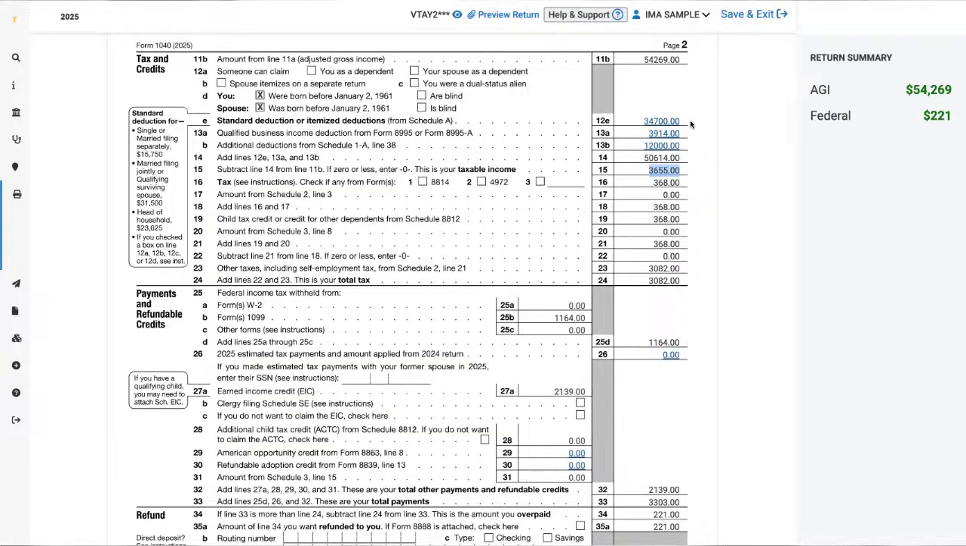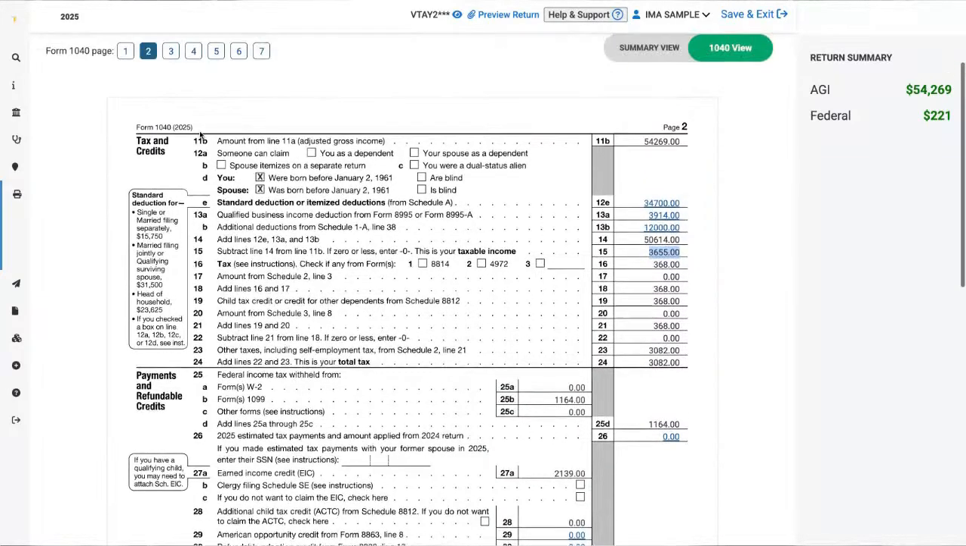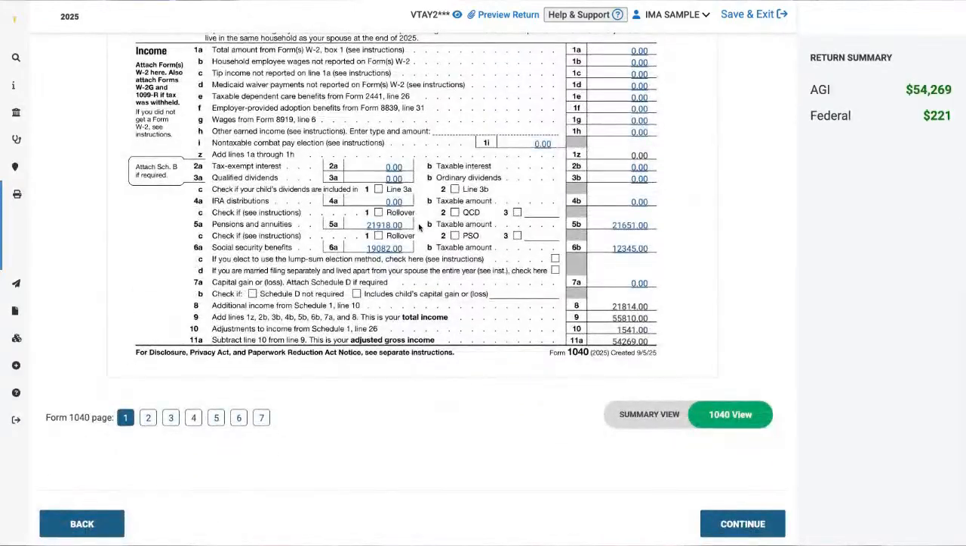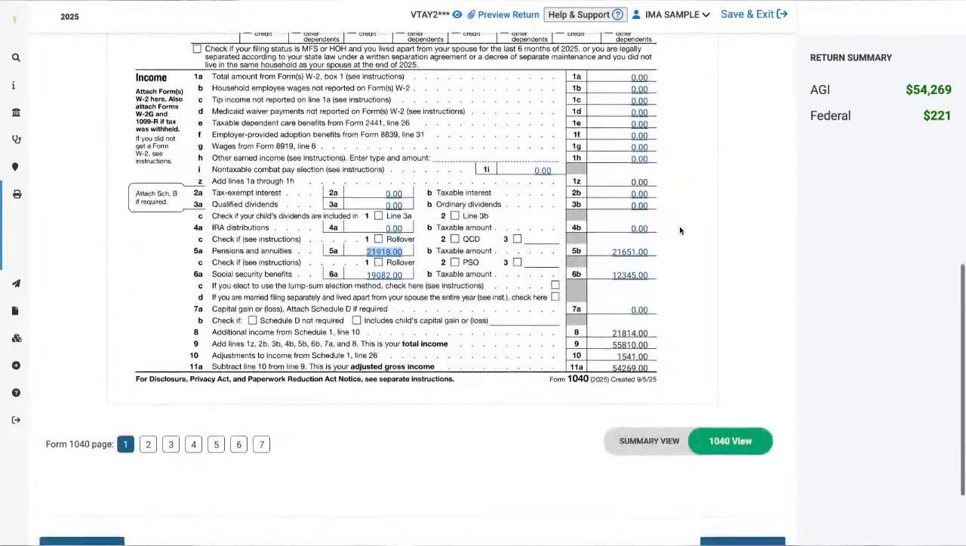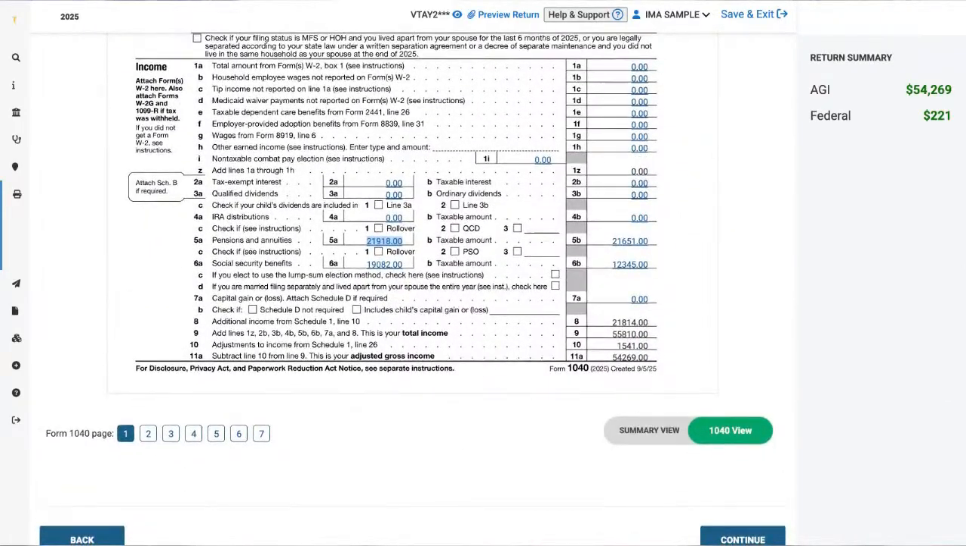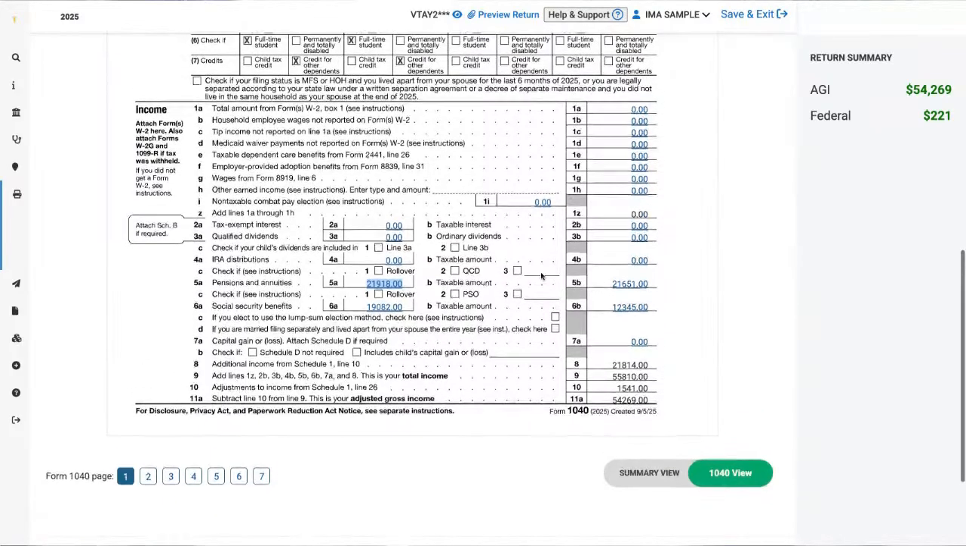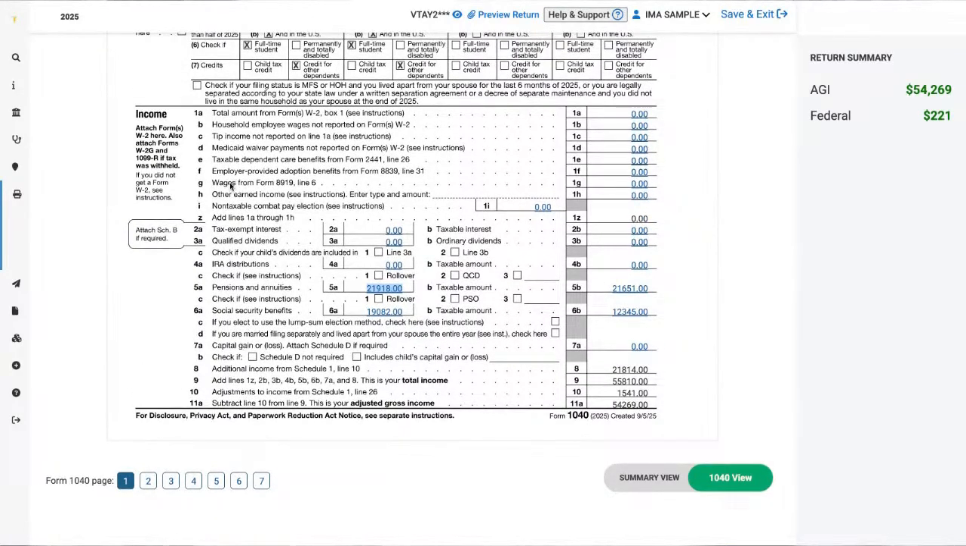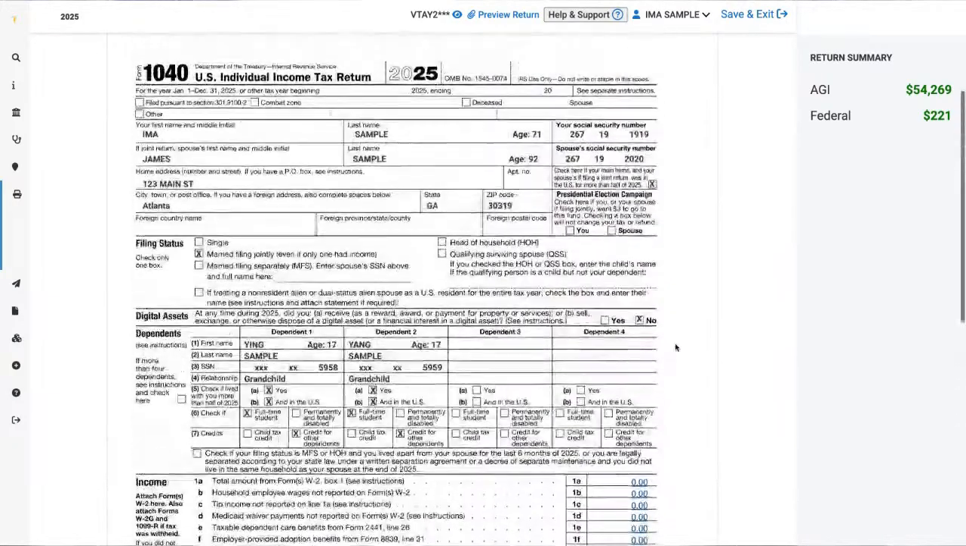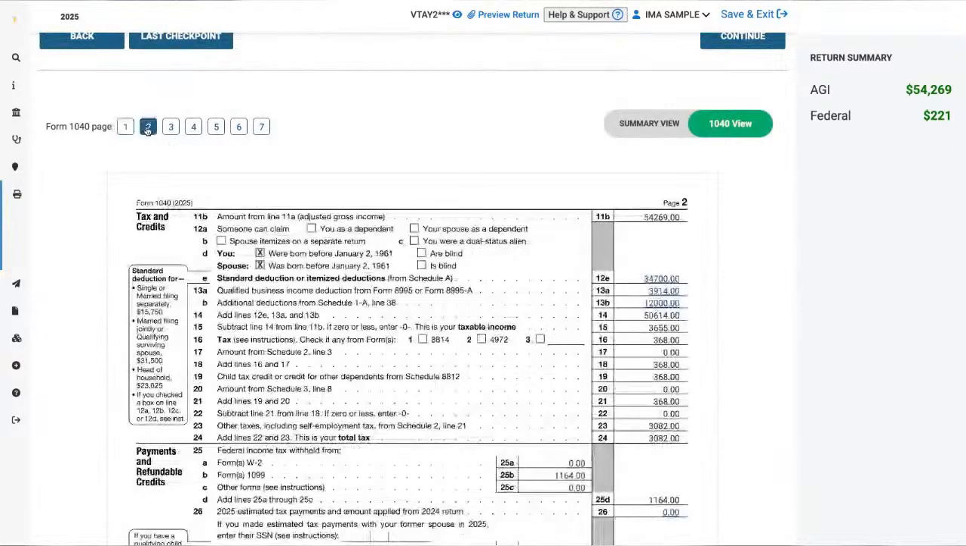$3,655 of taxable income. We added $20,000 up here, which you'll see on our first page of the 1040. We added $20,000 in the pensions and annuities section. And all of that information is here and it's included. Okay, there it is. All of those things minus the standard deductions, minus the expenses,